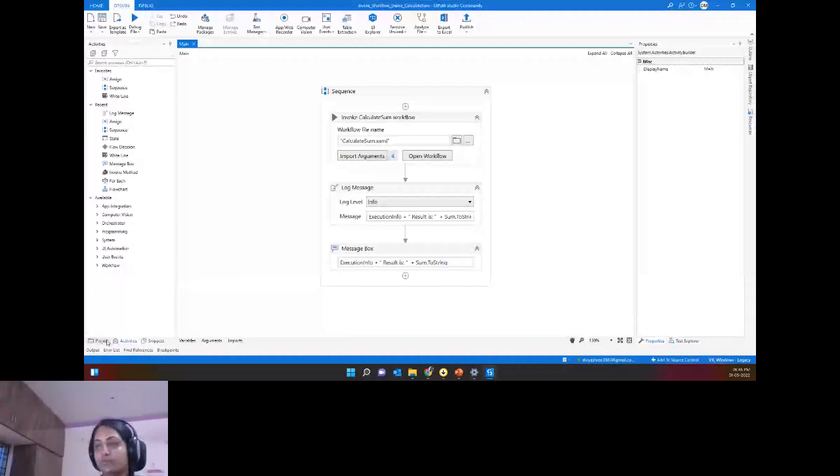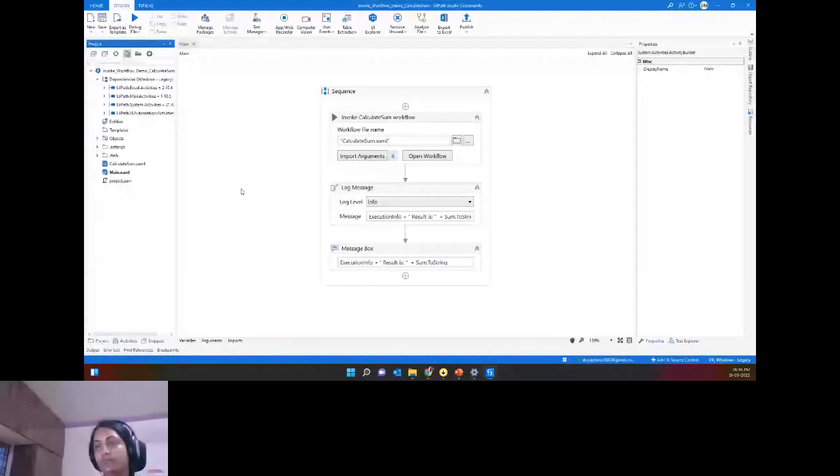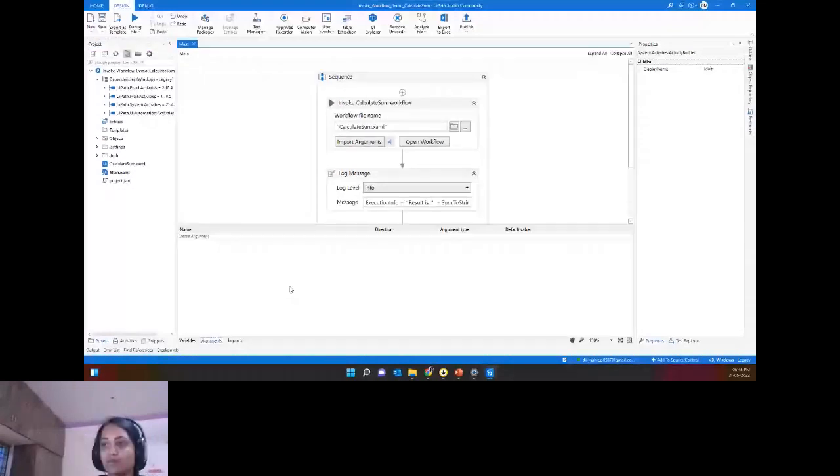I want to pass the values of some variable 1 and variable 2 to this calculate sum, and then the calculate sum is going to return me a result. So how are we going to do this? Here, if you just create any workflow, you will be able to see this argument panel here. So if you want to create a variable argument,